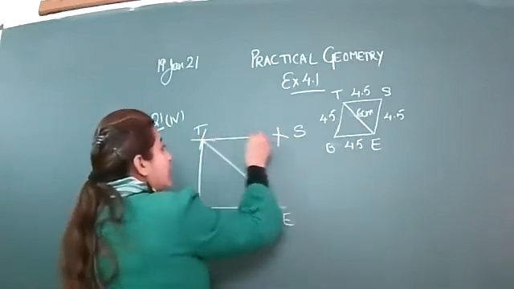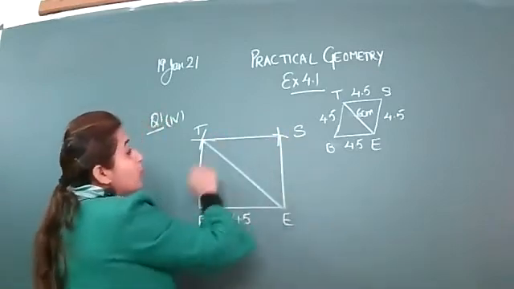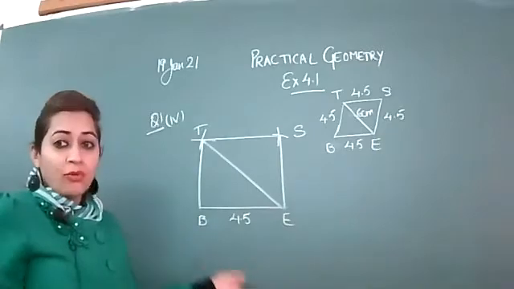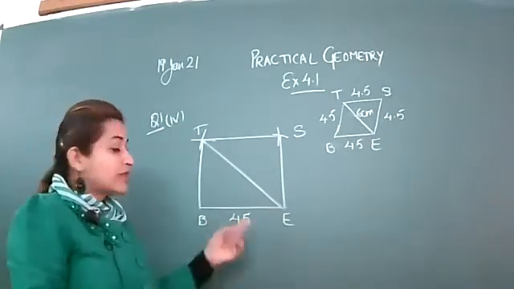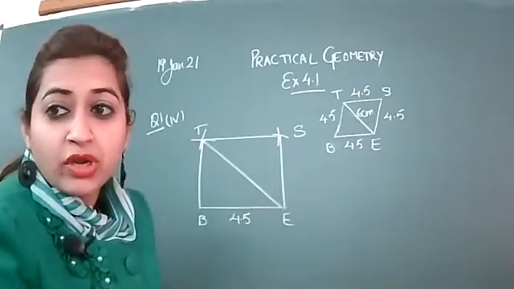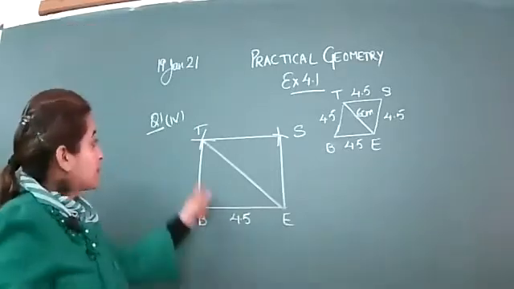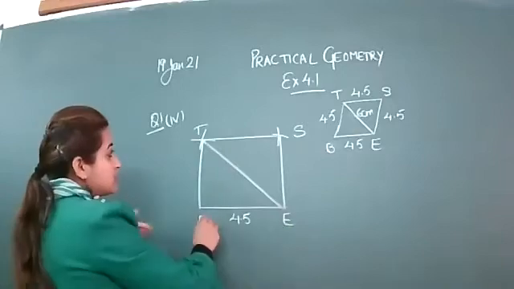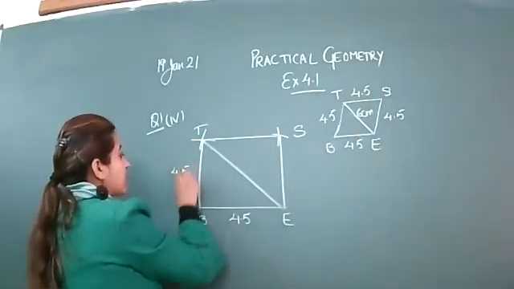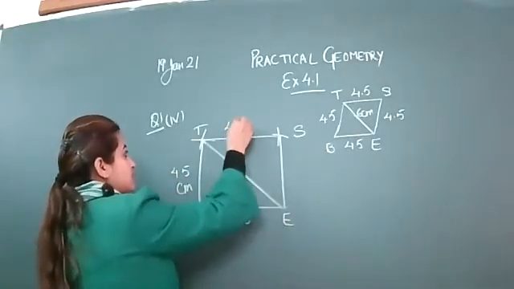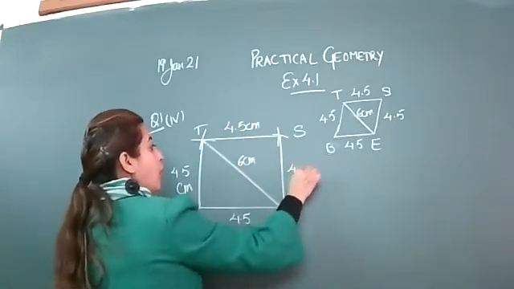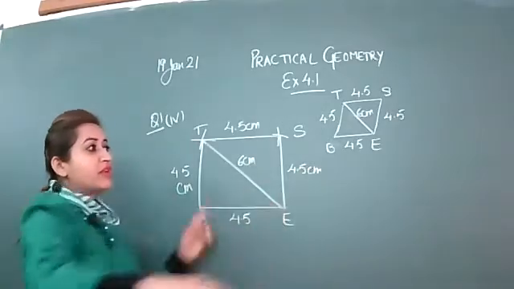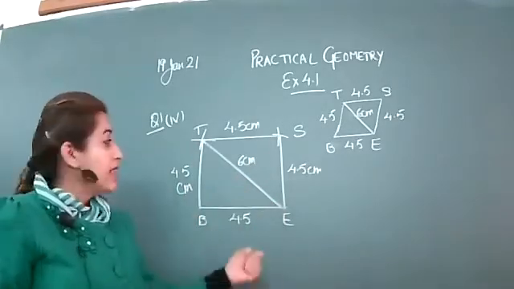So if you join this, this will give you a quadrilateral, a rhombus, because a rhombus is also a type of quadrilateral. So in this manner, you will be able to complete your rhombus. So you will join these lines. You have to write the dimensions, otherwise there will be deduction of marks. All the things that you have written in the rough figure, you have to write here again.